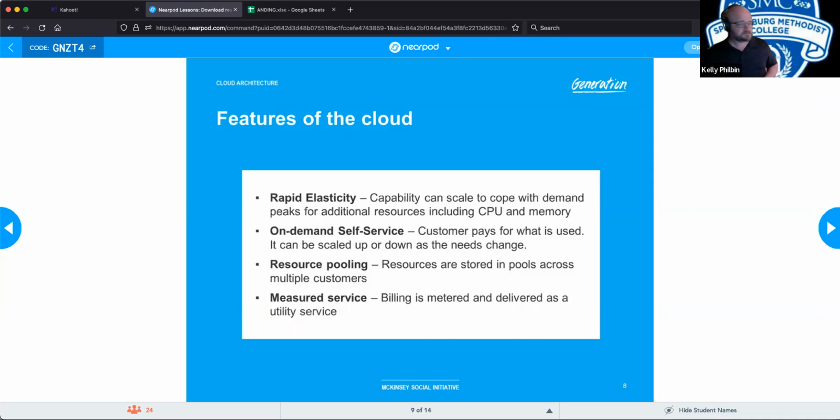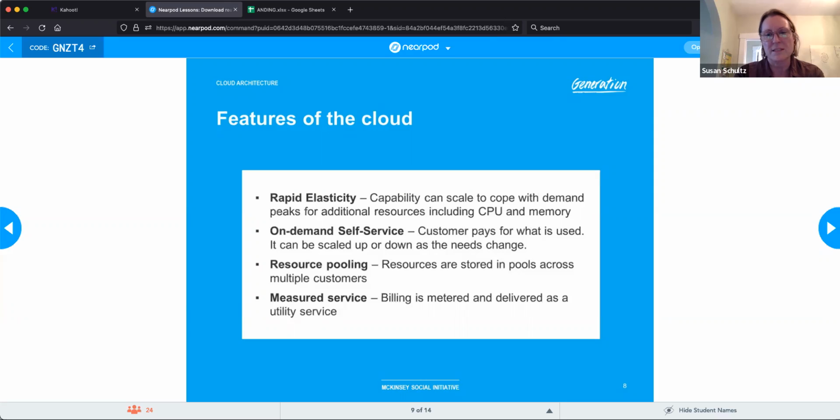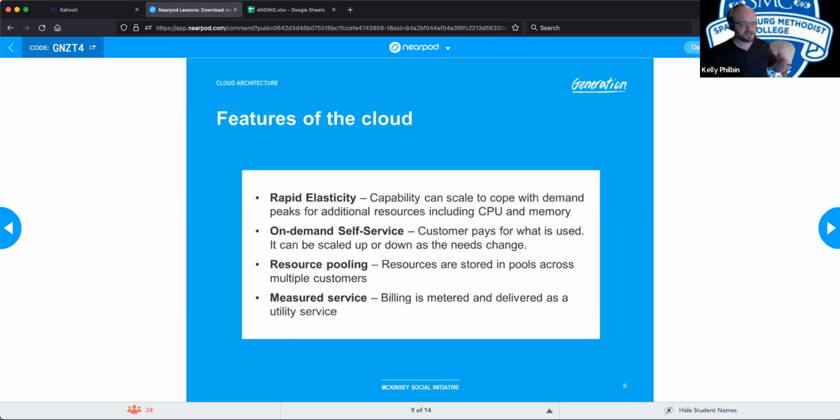Yes, Susan. How is measured service different from self-service? Is it just because with measured service you have a plan and you don't have the capability of adding or subtracting from it? No, measured service is basically the odometer. It's clocking up how much time you're using. And then at the end of the month, however much time is on that clock, they give it to you. Where on-demand service is more, hey, I'm seeing a spike today. I need to go in and activate more resources. My demand's less tomorrow. I can go in and grab those resources and scale them down.